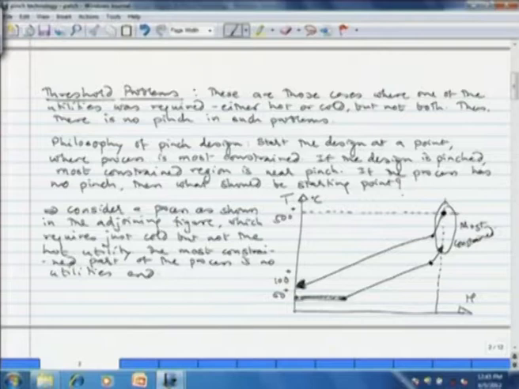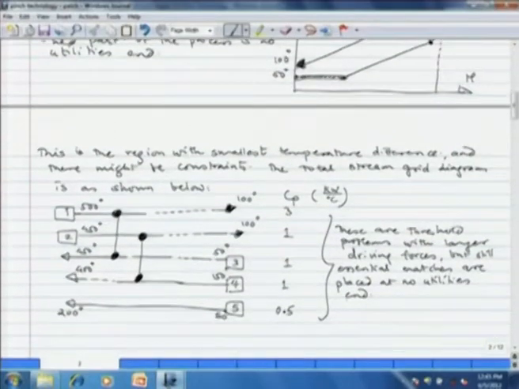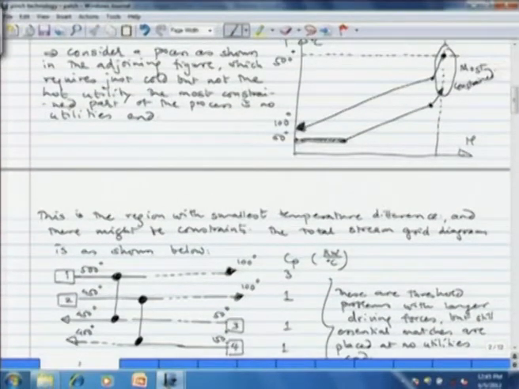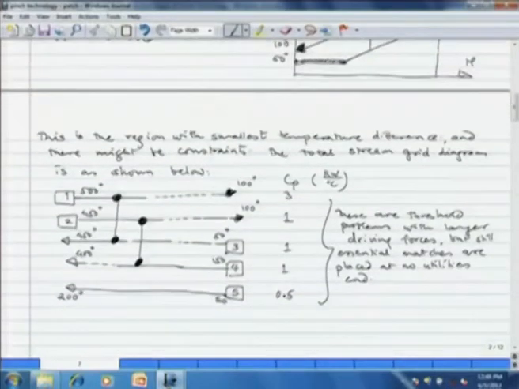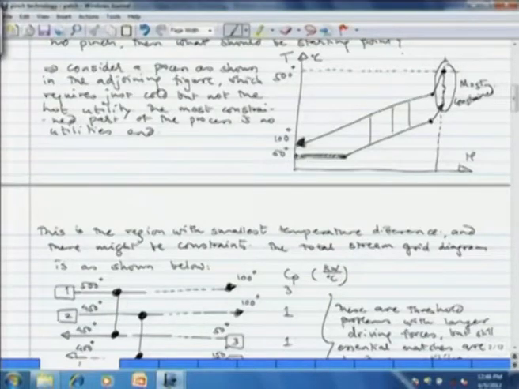On the other end, you have cold utility, which you can vary. And then what we find is that the most constrained region is the region with the minimum temperature difference. If you see the temperature difference in these regions, we have the minimum temperature difference between the two composite streams at the hot end of the problem, the most constrained region, and then we start our design at that point. That means we start our design at the no utilities end, the hot end.